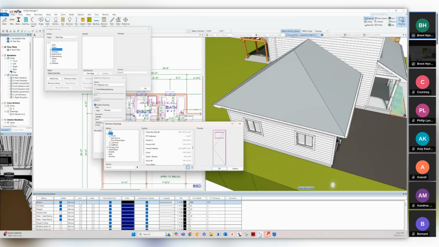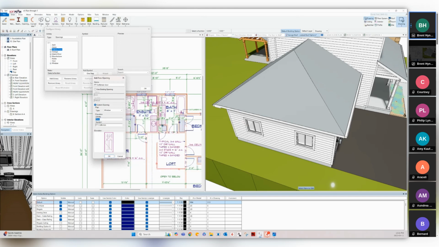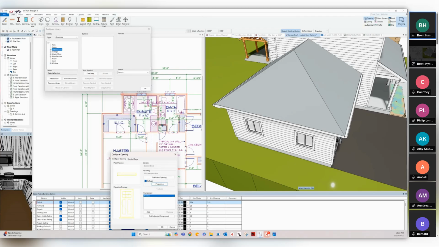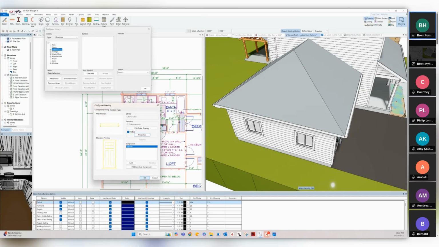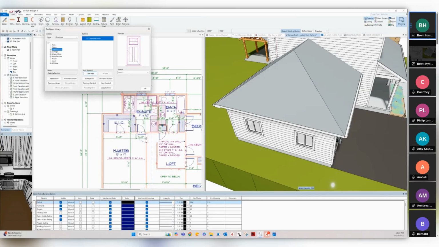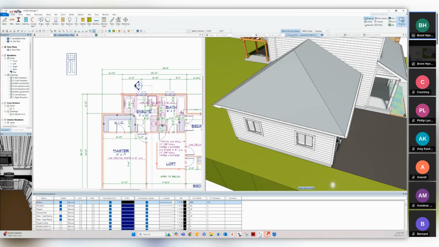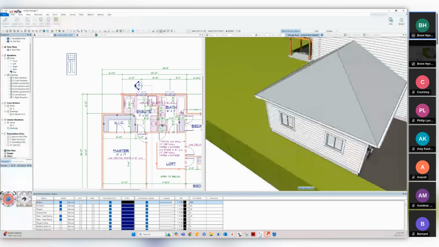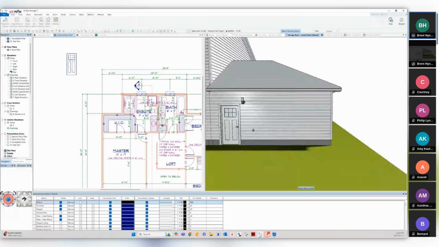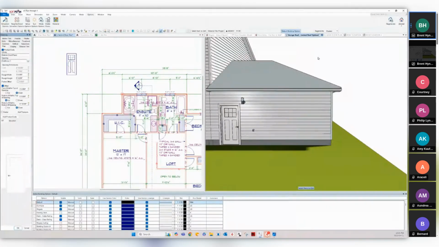A lot of C's in here. There it is. There's our door, and we can use that as our elevation opening. Okay. And then you can configure if you need to do anything more to it, but we are good. And at that point, if I was to, let's say, slide around the back here. Actually, I already have one drawn there, but this is where you can come in and you should be able